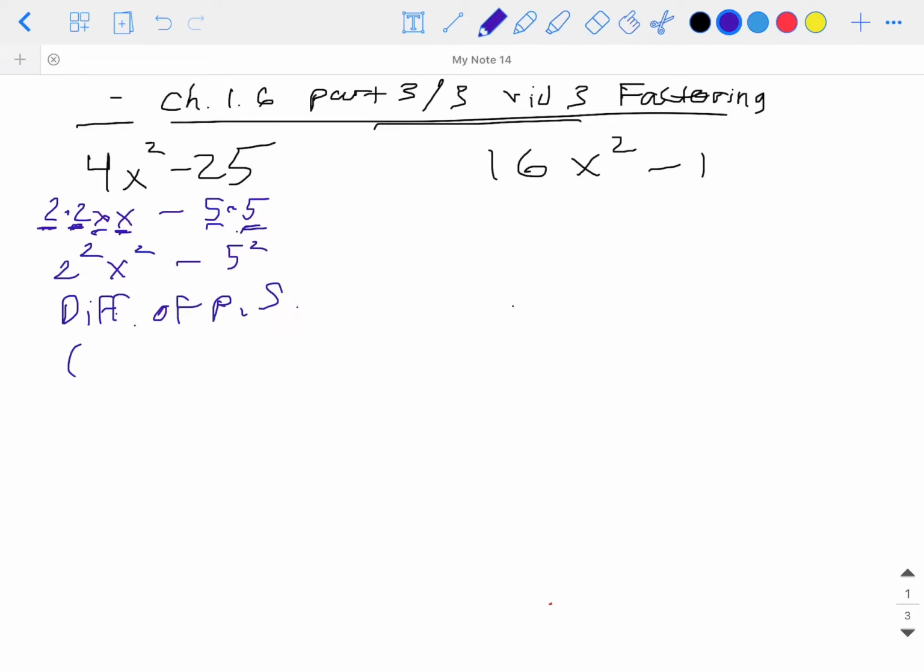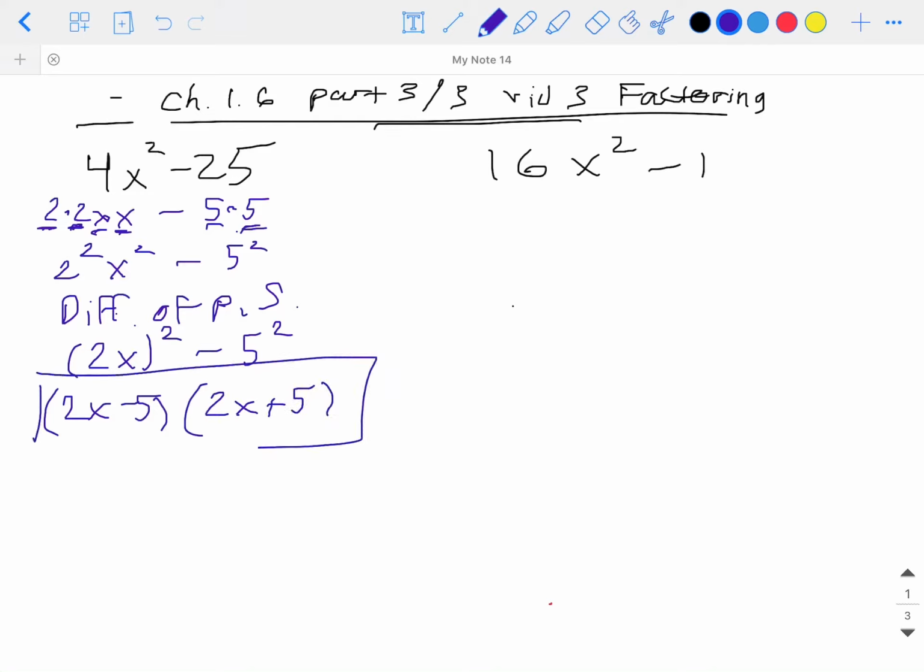We see that it means 2x squared minus 5 squared. And therefore we have the framework to write it as 2x minus 5 and 2x plus 5. When you FOIL this out, you will see that you will get back the original question,